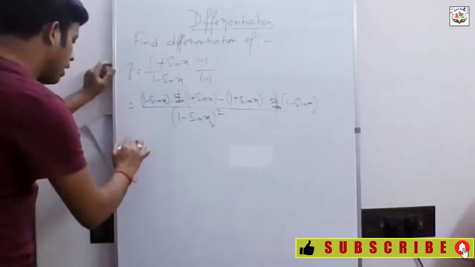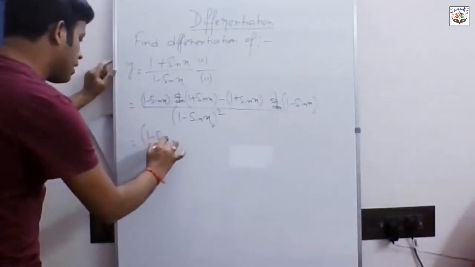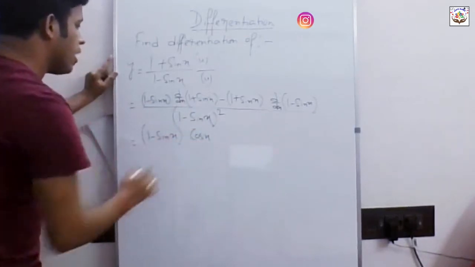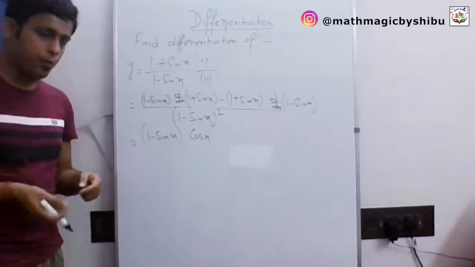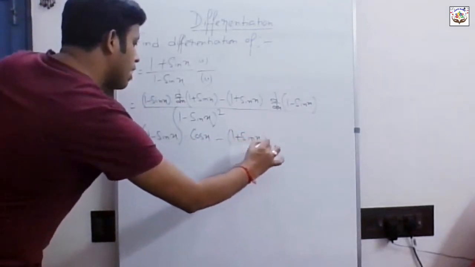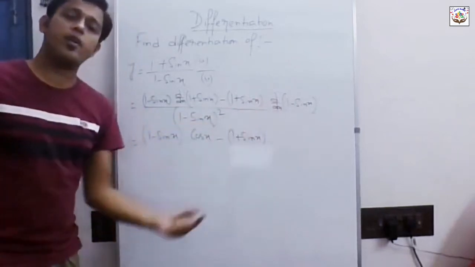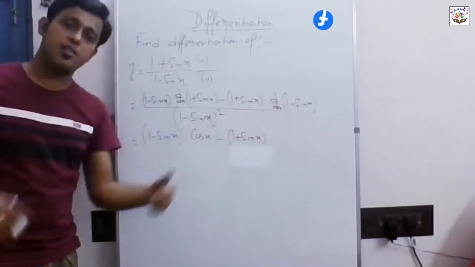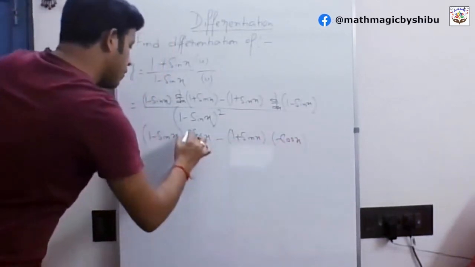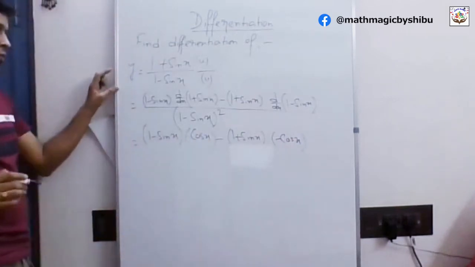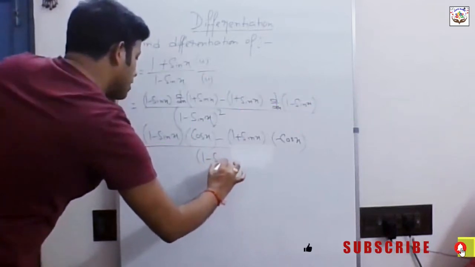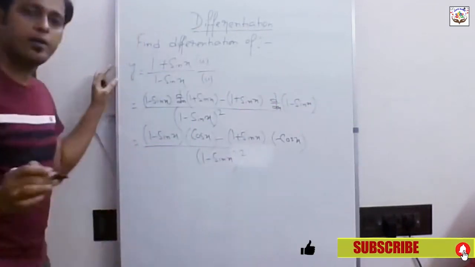Okay. Now 1 minus sin x, d dx of 1 plus sin x will be equal to cos x. Why? Because d dx of 1 will be equal to 0. Similarly here 1 plus sin x and d dx of minus sin x will be equal to minus cos x, because d dx of 1 is 0 as well. So I am putting the cos x under bracket, and in the denominator it will be 1 minus sin x whole square. Okay.